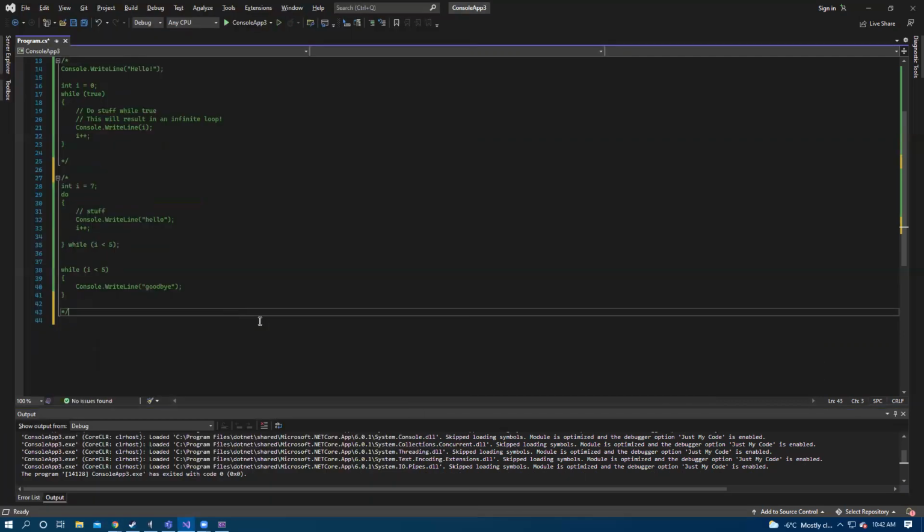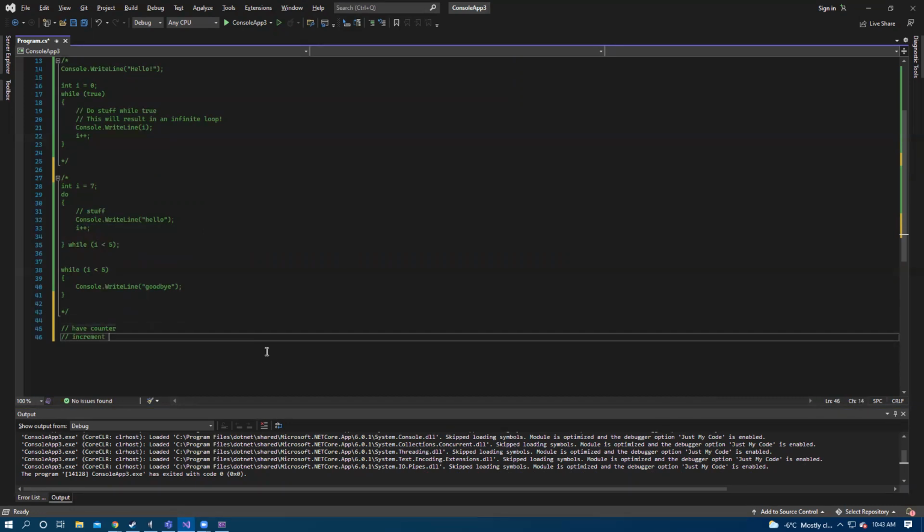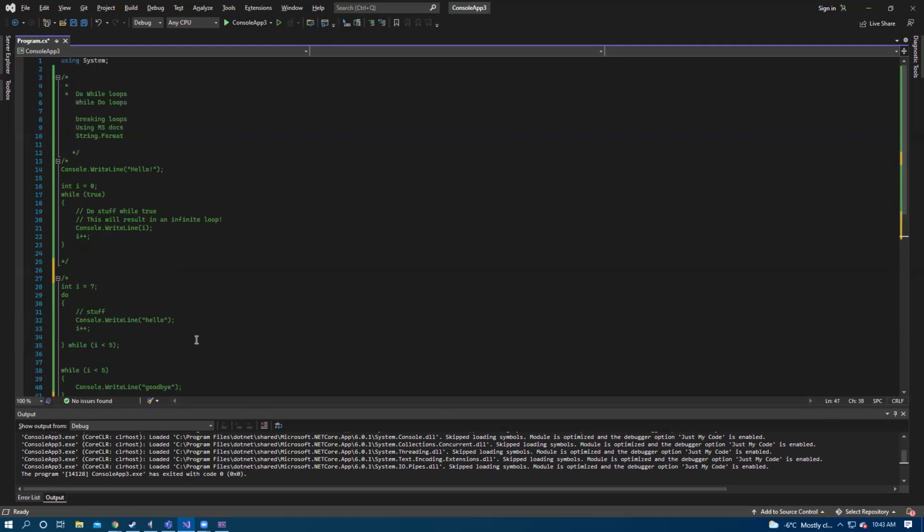But yeah, when you're doing this, make sure that you have a correctly set up counter. Like Mona pointed out, you have to initialize your counter, make sure to refer to it in your condition, and then make sure to actually increment your counter. So those are the 3 key aspects: have counter, increment counter, include counter in while condition. Because these 3 together let the program know when to stop.